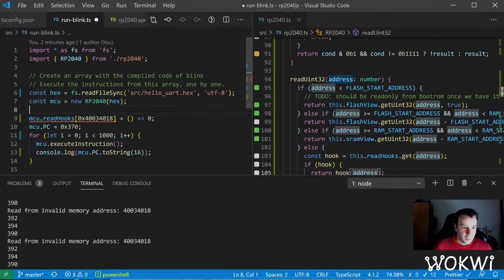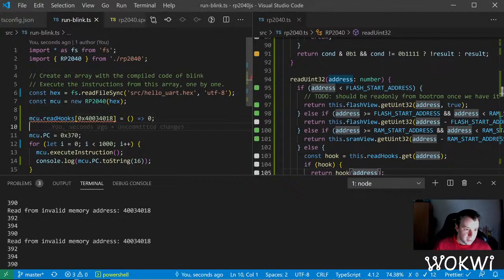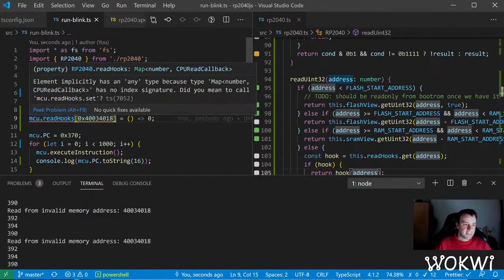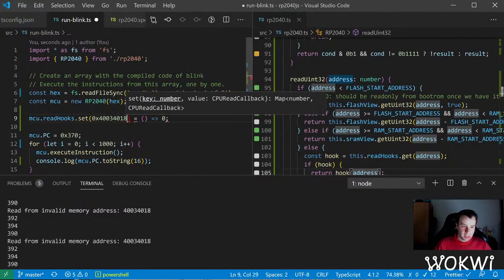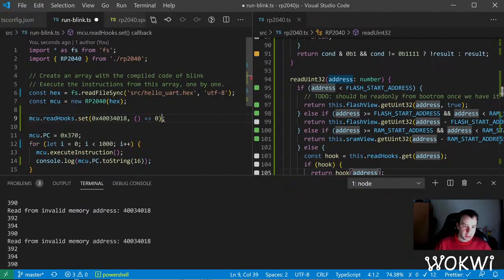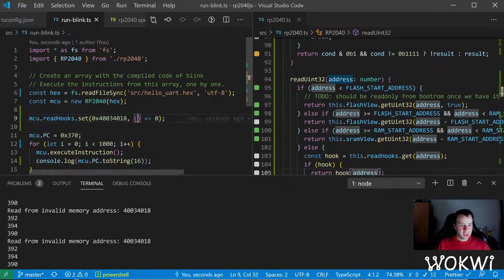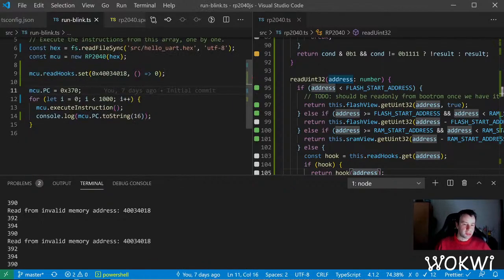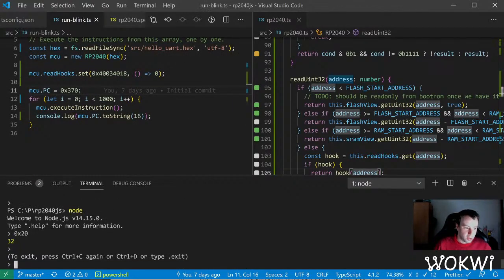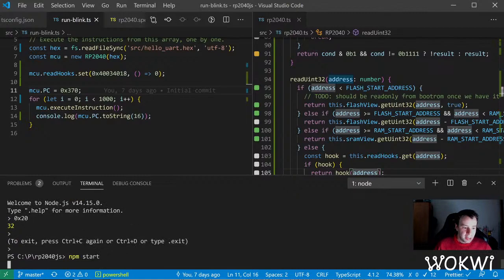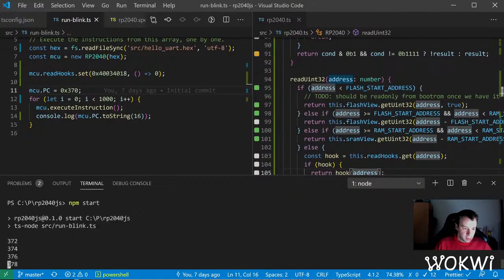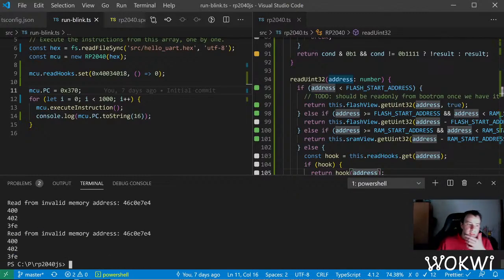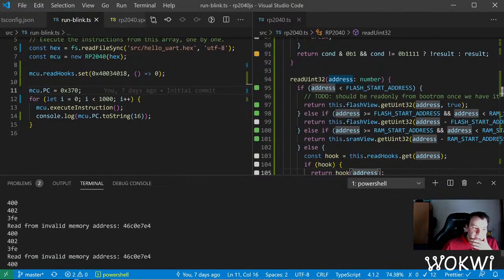So this will always read 0 for now. Oh, that's a map, so we should call set and a function that returns 0. Cool. So this is the syntax for an empty function that returns 0. It always returns 0. And now if we run the code,